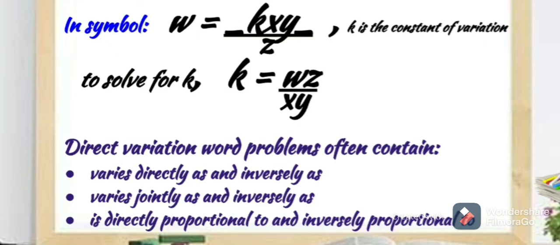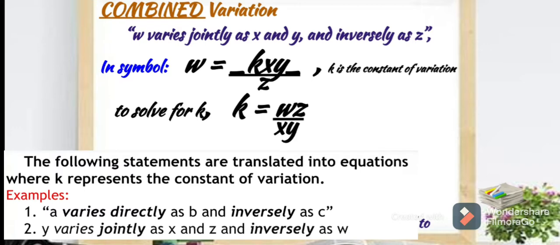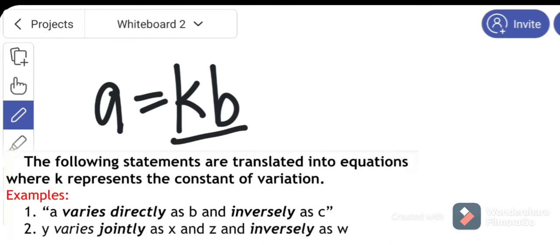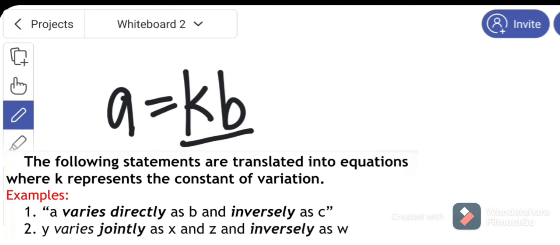These are the terms that we will use in combined variation. Varies directly as b, that would be a direct variation. And inversely, we put c in the denominator. For the second given,